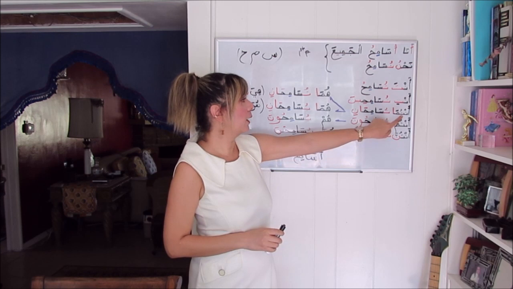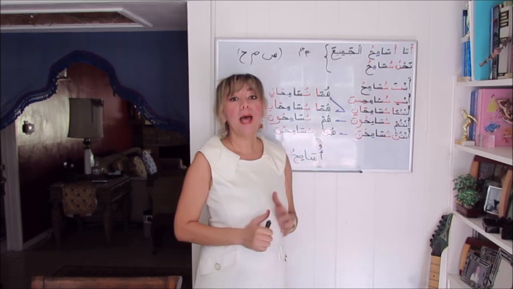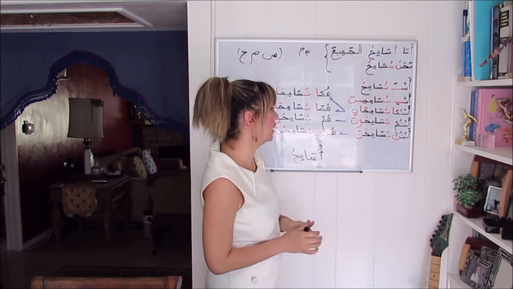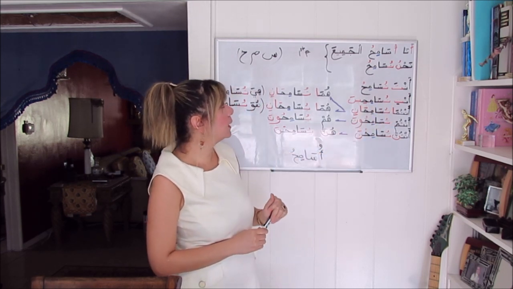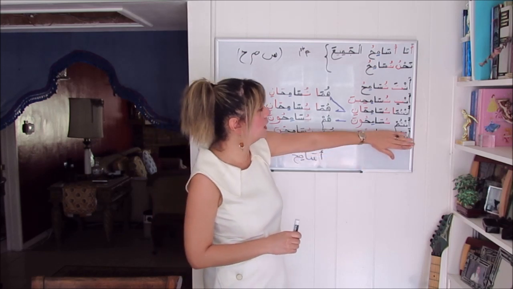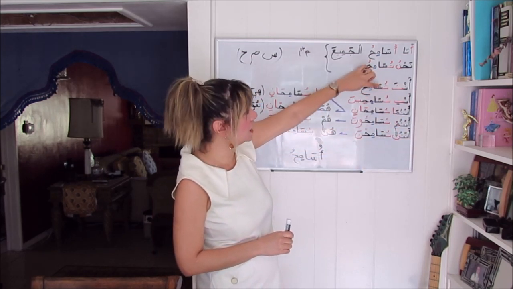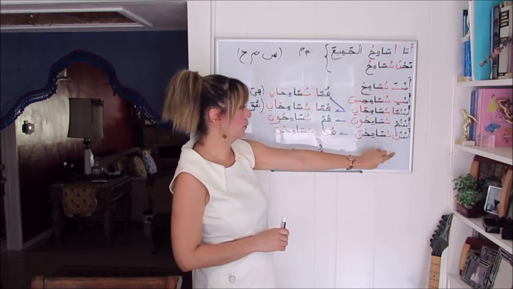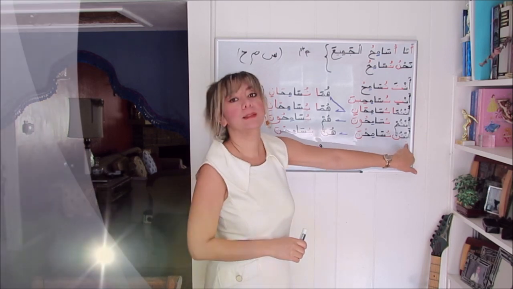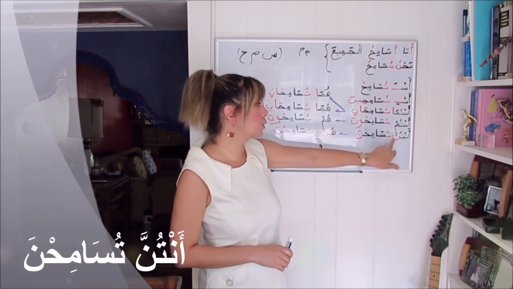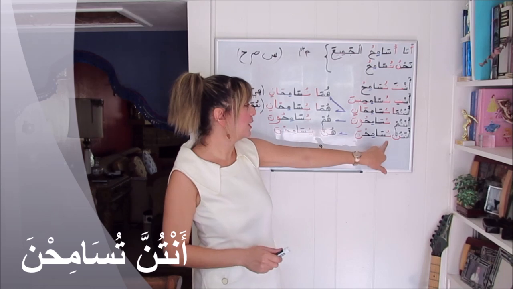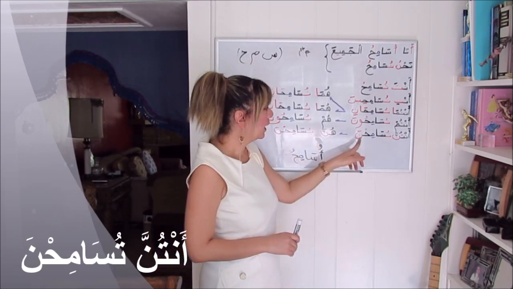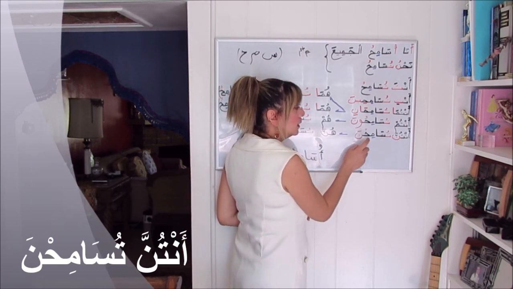تسامحون. أنتما تسامحان, dual alif. أنت تسامحين. So what we've seen here is that the same prefix ta repeats with the second person. And أنتن, second person, feminine plural, ta, again, تسامحن. تسامحن. And here, this is an